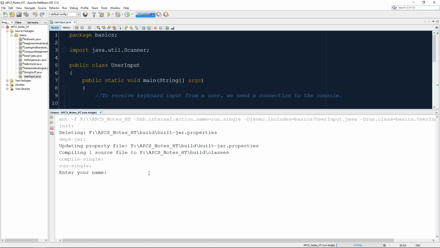The program is paused because the way the console works is if nothing has been typed in, it just sits and waits. That next line, it kind of freezes up the program and says, okay, I'm going to wait, I'm going to wait, I'm going to wait. And then I can type something in. So I can type my name, and I'm going to say